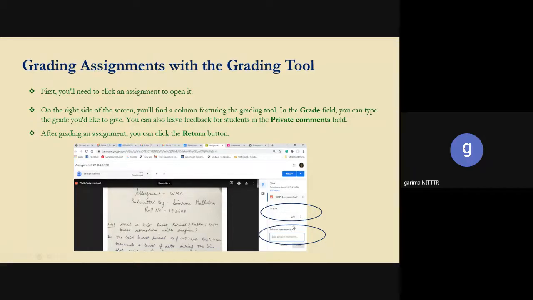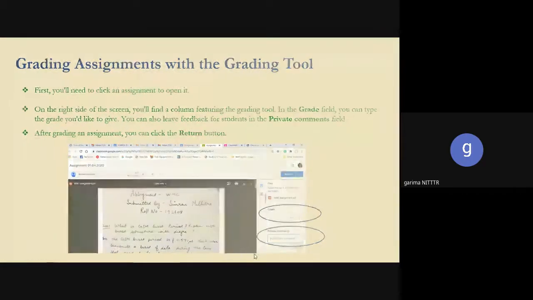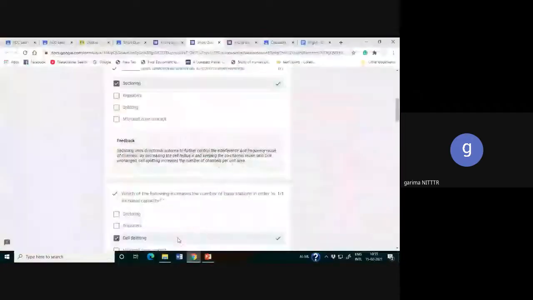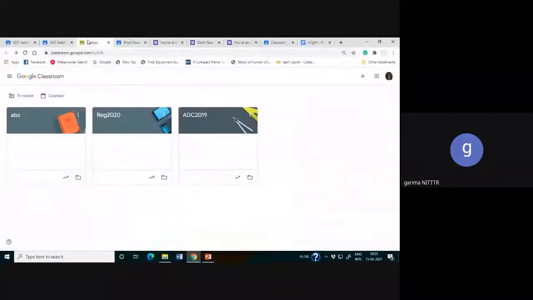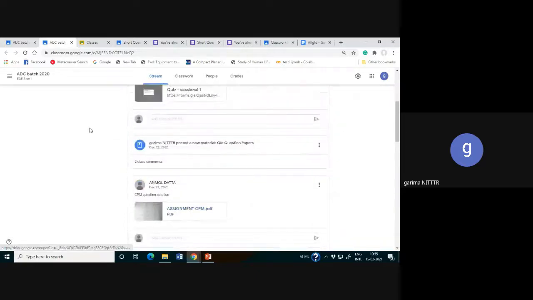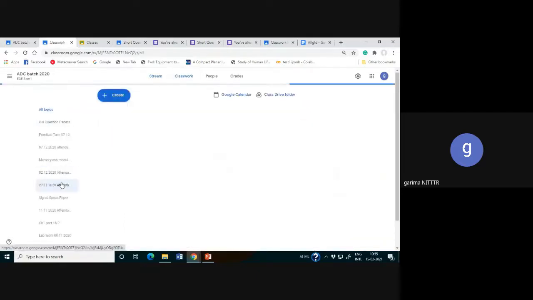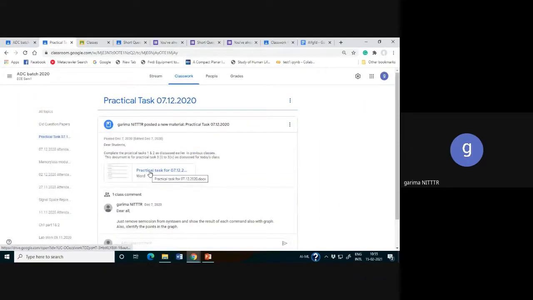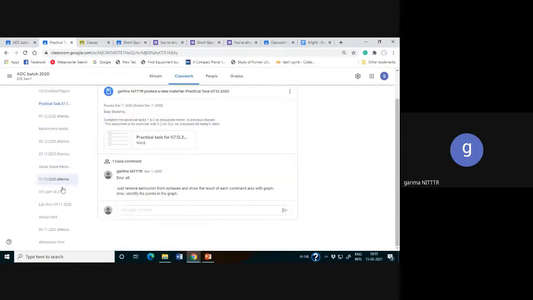So I'll just move back to that particular assignment slide that I have shown you. If you see this part, I want to get the information of that particular practical task, and students have submitted those practical tasks. They have the information related to that particular task they have submitted, and I want to see that particular assignment.